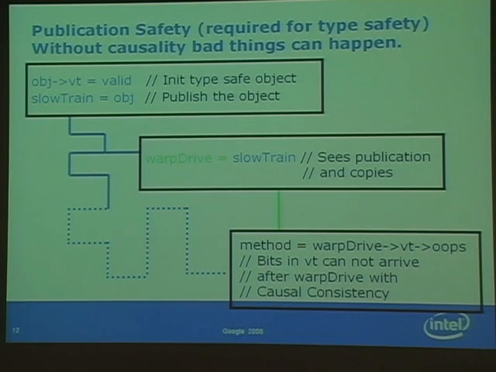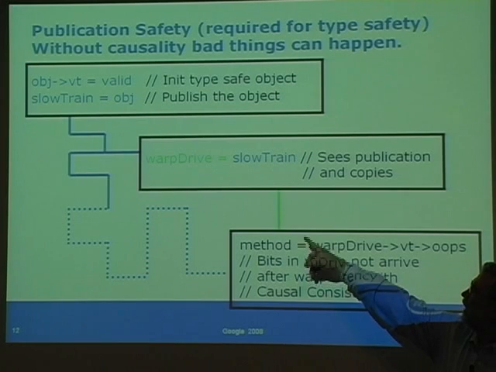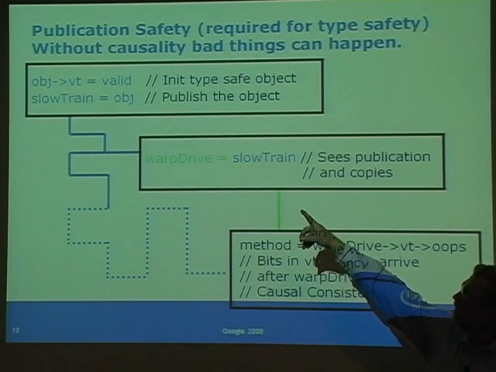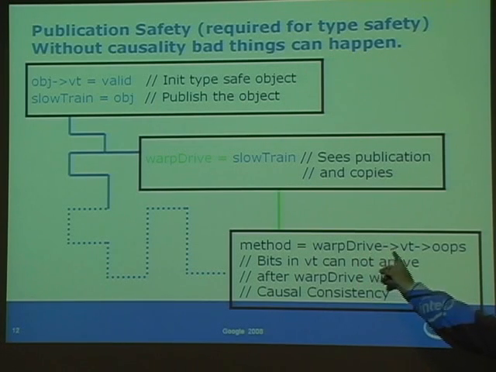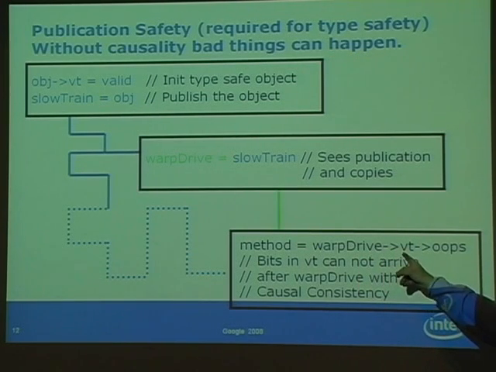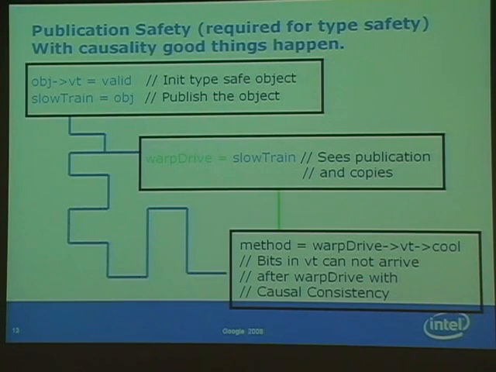And sure enough, if warp drive comes down here and gets here faster than the bits that were done by processor 0, then warp drive might try to execute a method. It'll dereference the vtable, and well, oops, things aren't good. Okay, so we have to make sure that